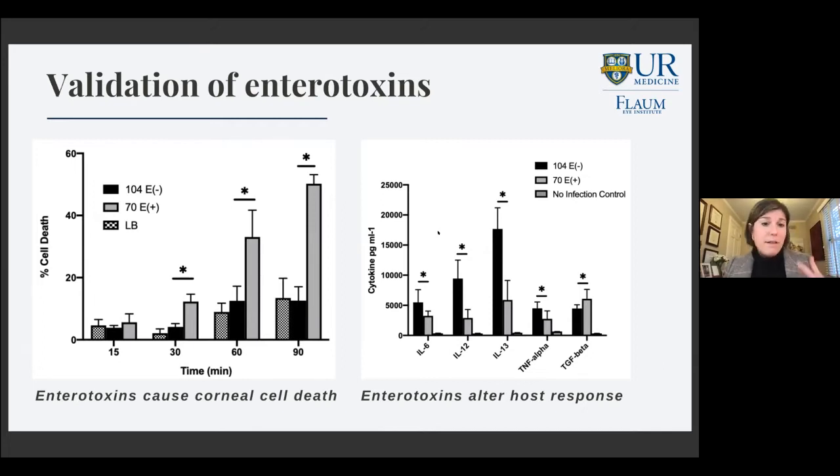Strain 104 does not have any enterotoxins. Strain 70 does have a lot of enterotoxins. And we looked at, for example, in the panel on the left, the ability to cause corneal epithelial cell death. So we grow our bacteria, we spin it down so we pellet them out, and we take the supernatant, which would include anything the bacteria is secreting, and then we sprinkle that onto our corneal epithelial cells and see what happens. And what we saw pretty quickly is that over time, the strains that produce enterotoxins were much more toxic to corneal epithelial cells than the strains that do not produce